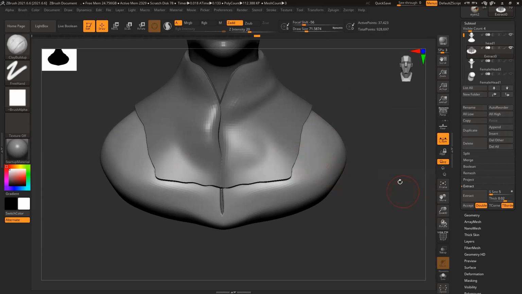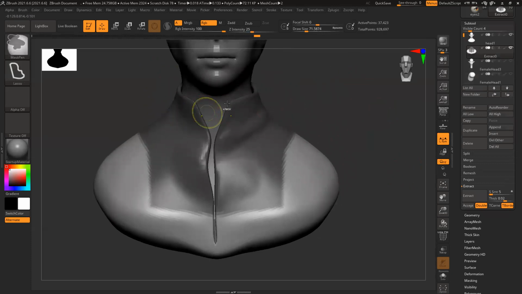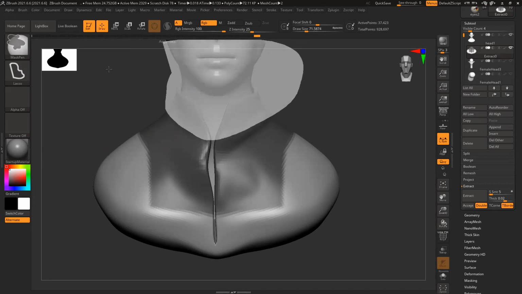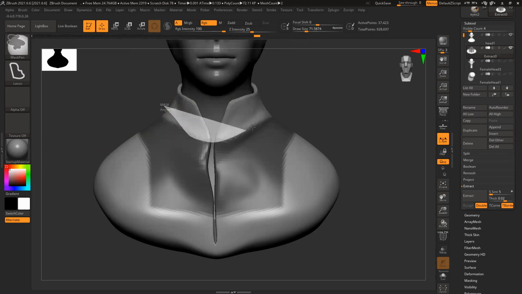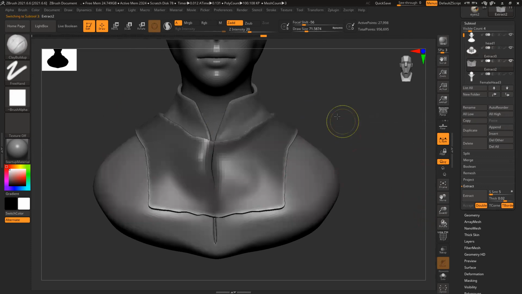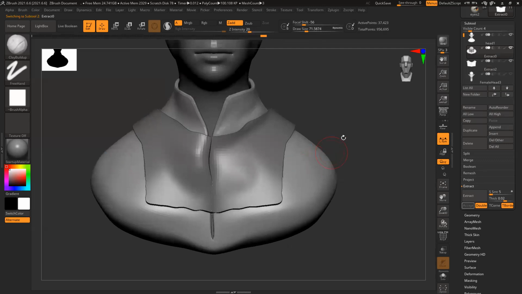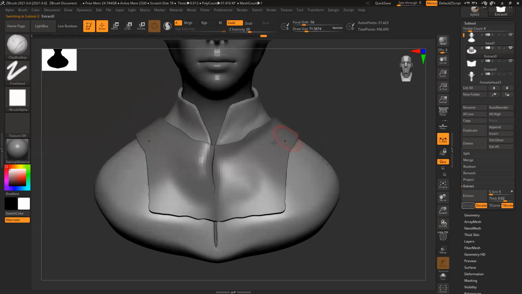Or there's one more thing I can do, undo this thing, because this collar part is hidden from your visibility, so I can just simply delete that section and then extract it. So I can have separation very easily, two separate parts.